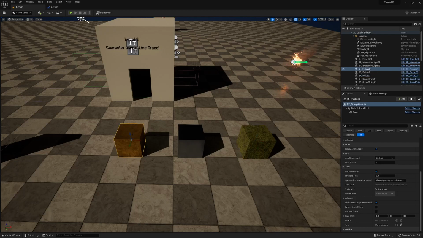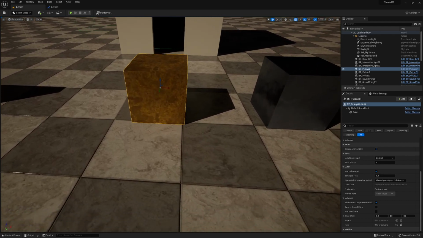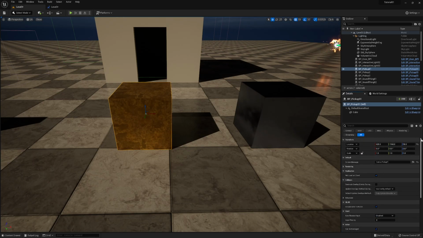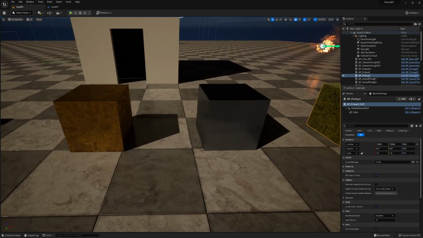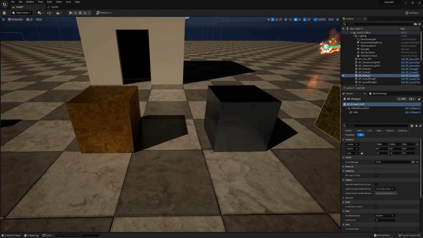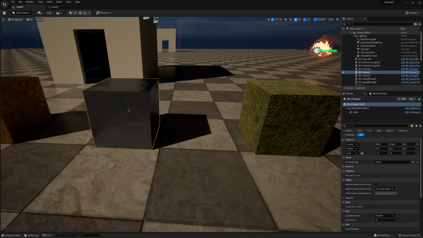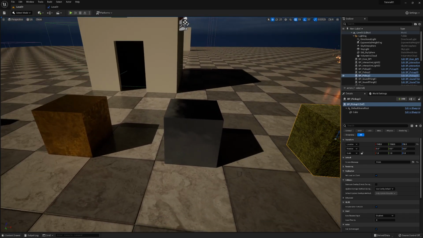So we've got our pickups here. They don't really do anything at the moment, which is fine. We could connect them up, and make it so that if we picked up one of these, what is this one? Just to pick up. Then we've got water, and then we've got grass. They're not very exciting, but just say this one was food, water, and maybe health, something like that. We could put those together